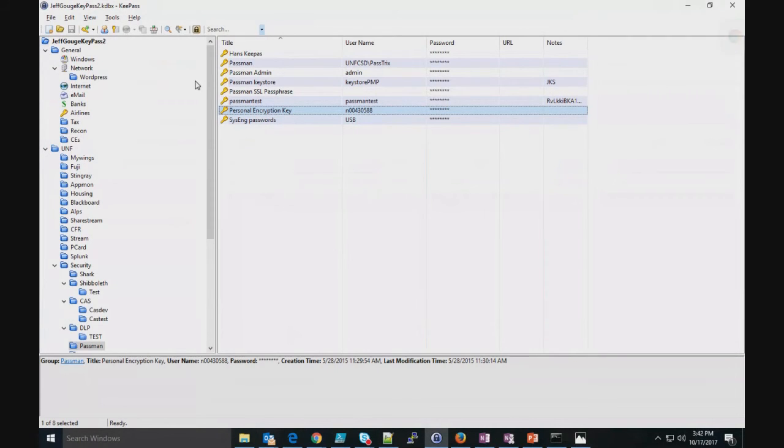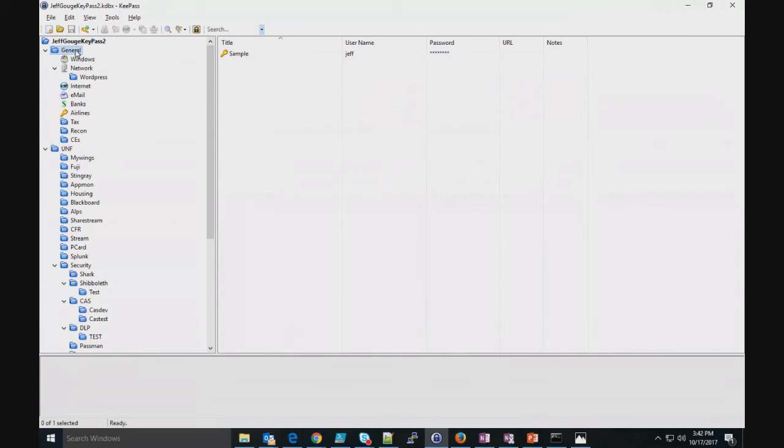Anytime I changed the password on any of those devices, it would automatically sync next time I looked at it from the other devices. So that actually works really well. It's kind of a poor man's cloud storage for it. I didn't worry too much about the security aspects of it because it is encrypted.